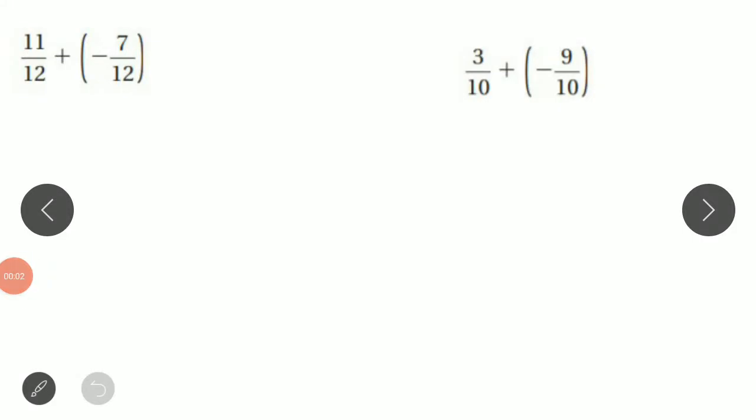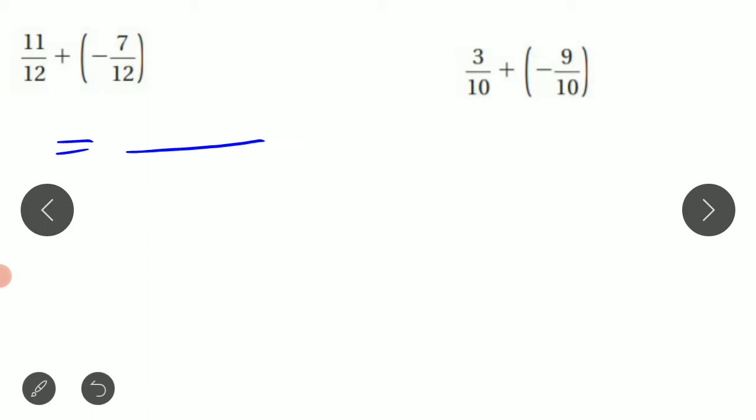Hello students, in this video we are going to see addition and subtraction of rational numbers. When you are going to add or subtract rational numbers, first you observe the denominators of the rational numbers. If the denominators are the same, we can simplify easily